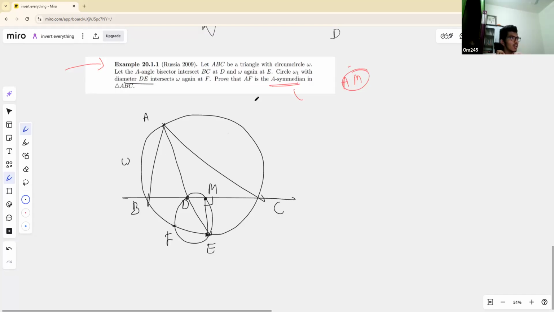And now we have to prove that AF and AM are isogonal, basically reflections over the angle bisector, and AD is basically the angle bisector. So, yes, what we can do,